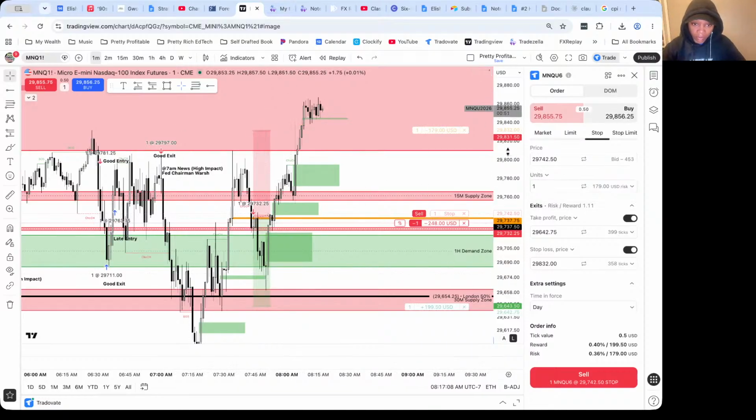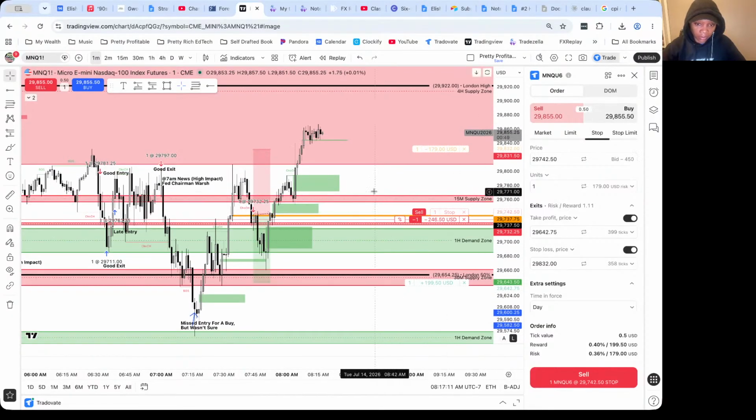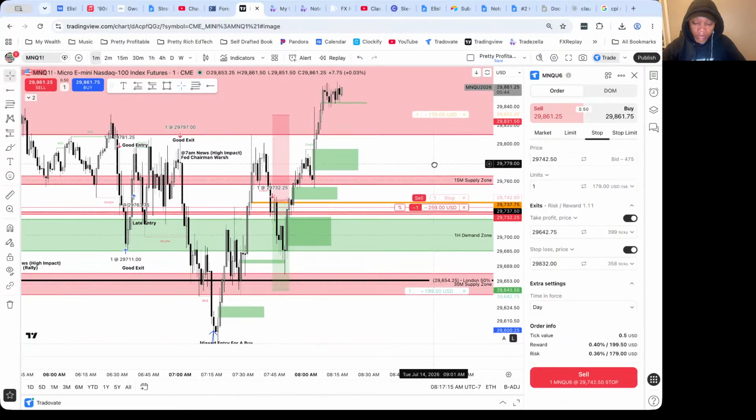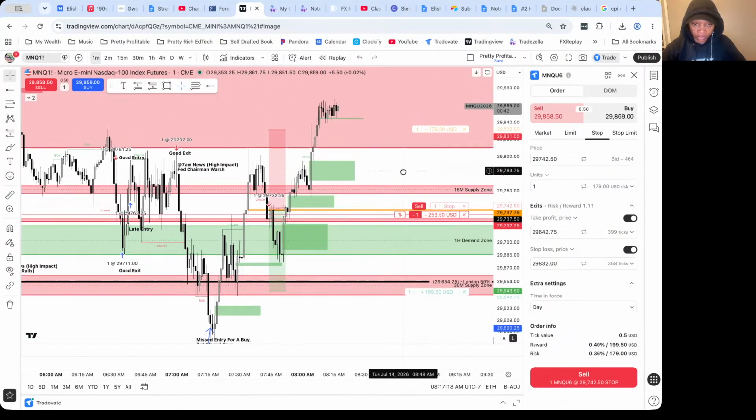So yeah, I thought this trade was going to do what that trade did. So it didn't do that. So now I know for sure,